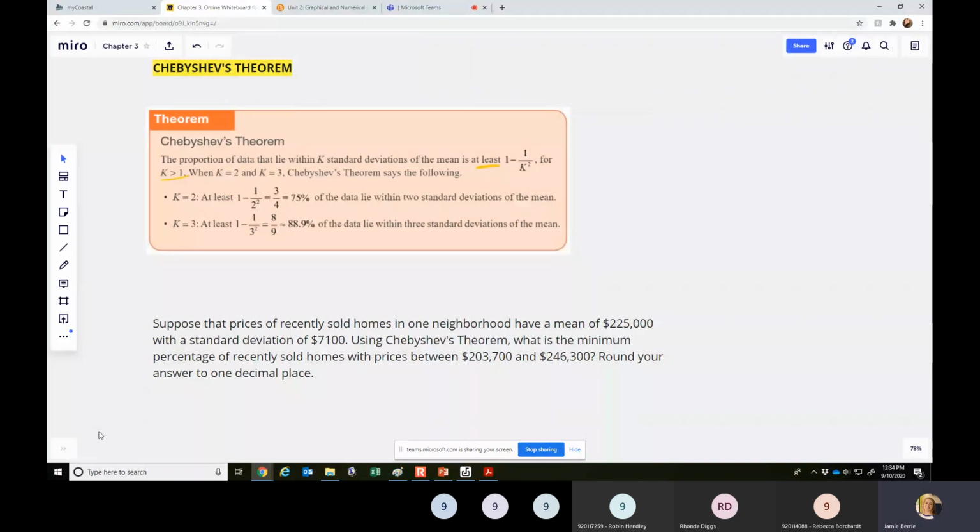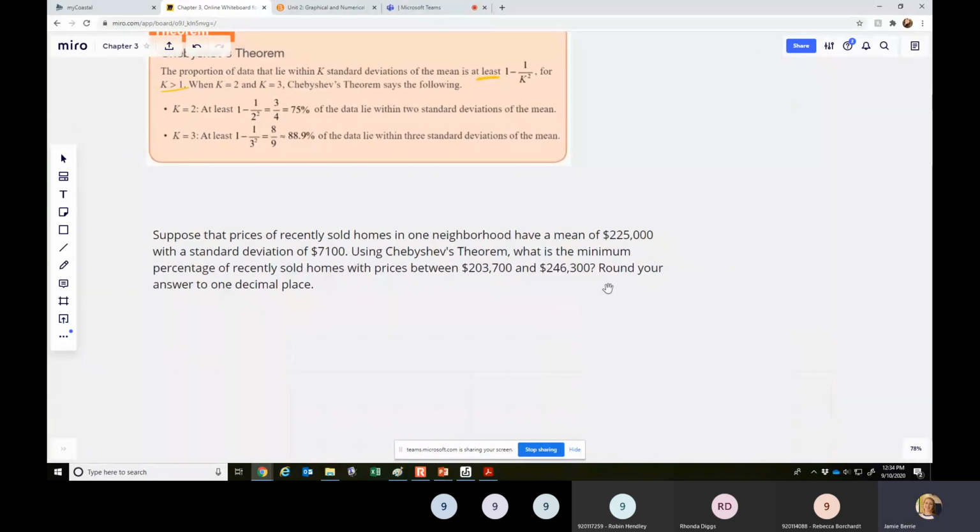So it says, suppose that prices of recently sold homes in one neighborhood have a mean of $225,000 and a standard deviation of $7,100. Using Chebyshev's theorem, what is the minimum percentage of recently sold homes with prices between $203,700 and $246,300? Round your answer to 1 decimal place. All right, so